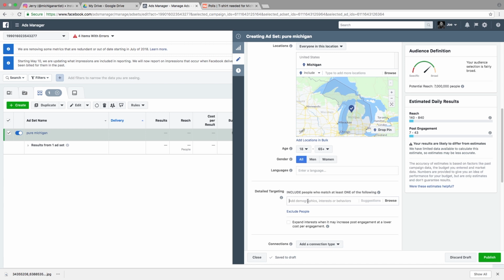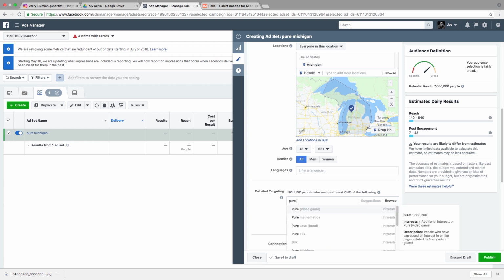It's a good way to get a defined audience. If you know that that page is up the alley of your target market, then you're probably going to do pretty good with the ad, or at least you hope so. But it's putting the odds in your favor. So I would come in here, Pure Michigan,